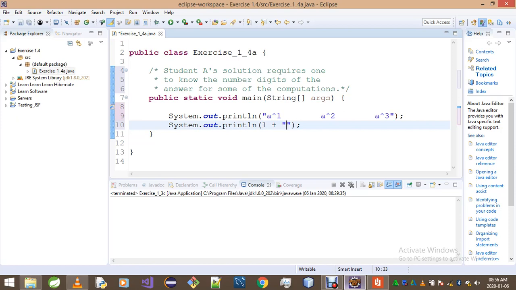We gotta print 1 and then we leave 10 spaces. So it's gonna be 1, 2, 3, 4, 5, 6, 7, 8, 9, 10 spaces. And then I put the concatenation sign, and then we put inside the brackets,